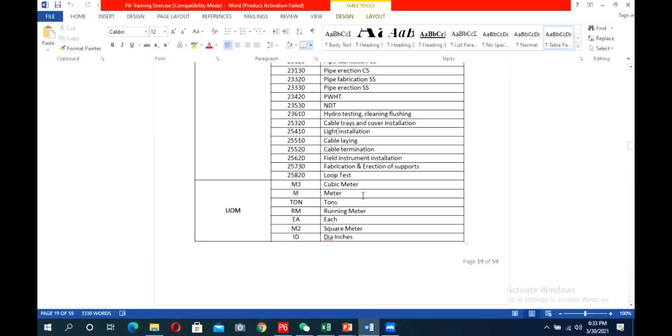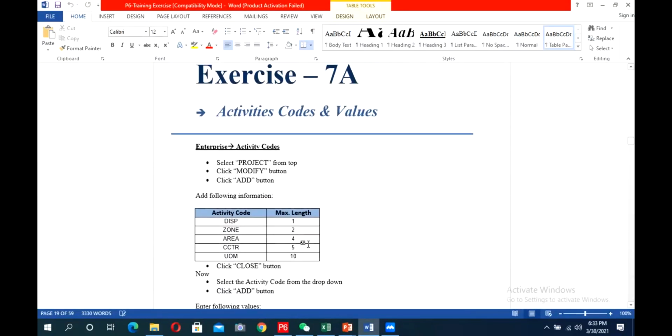You are asking about these values? Yes, I told you that they are not standard. You can change it. Here for discipline, I have given one value.